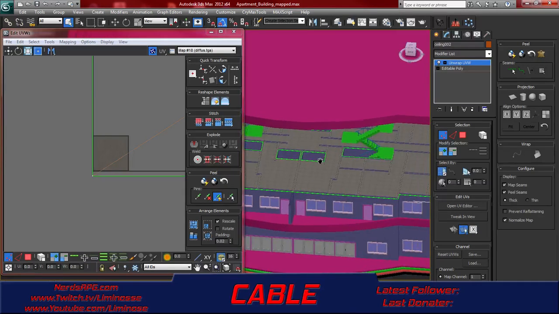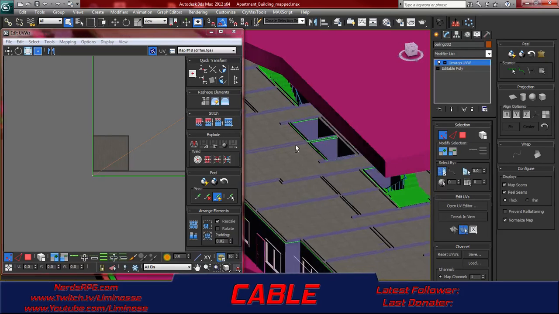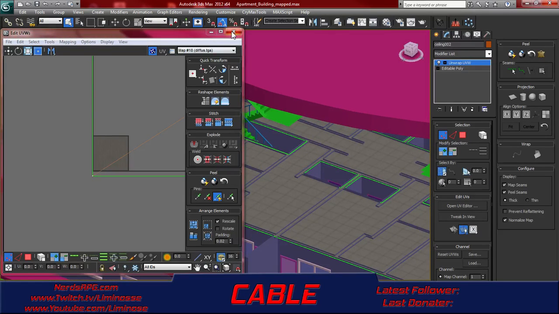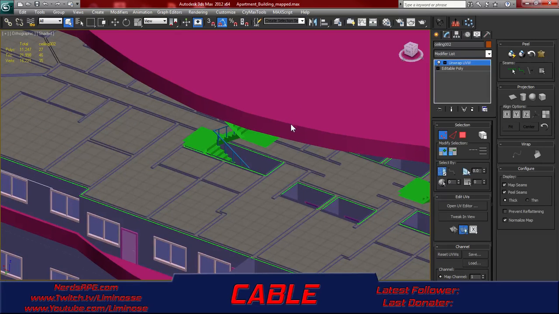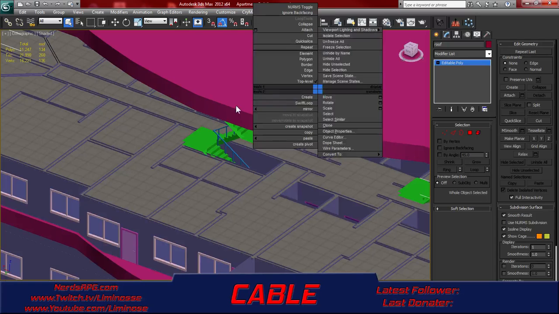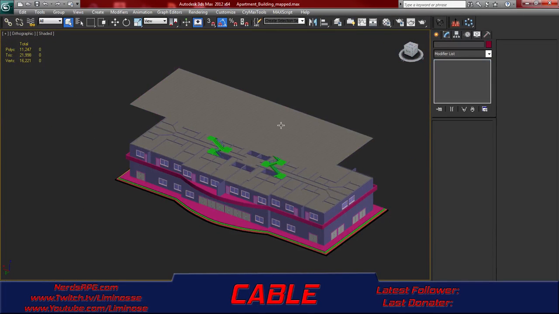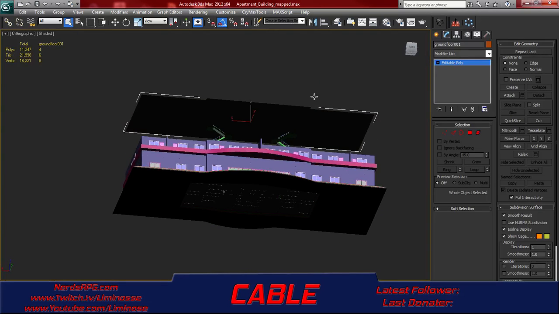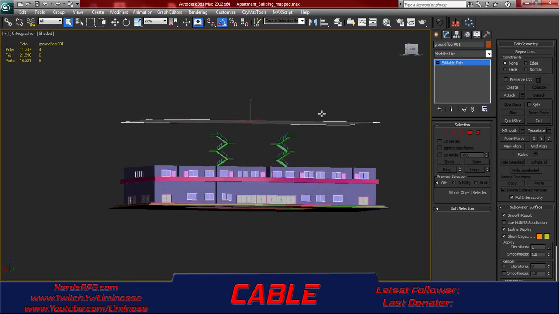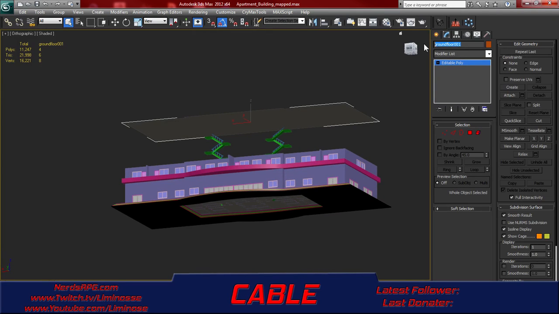Before we do that, though, I may decide to alter a few things. I want to look at them first. Delete that for now. We're going to hide the roof. And that's the top ceiling. That has no holes in it. I need to rename that